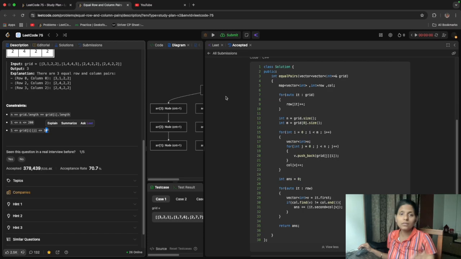Then what we store here is, if it occurs two times, then in the trie node we maintain a variable that is count. So the trie node has a vector of size 10 raised to 5 and a count variable. We'll create a trie tree for the rows.